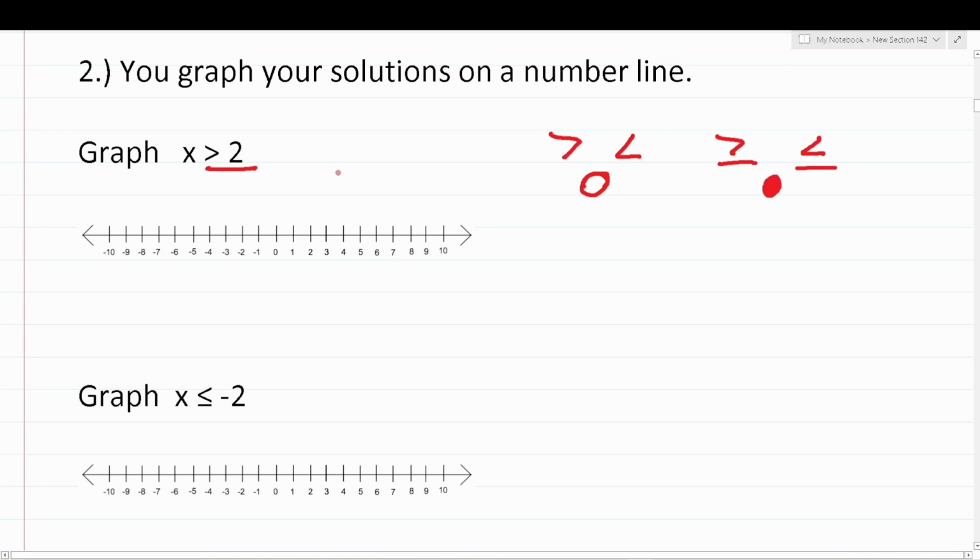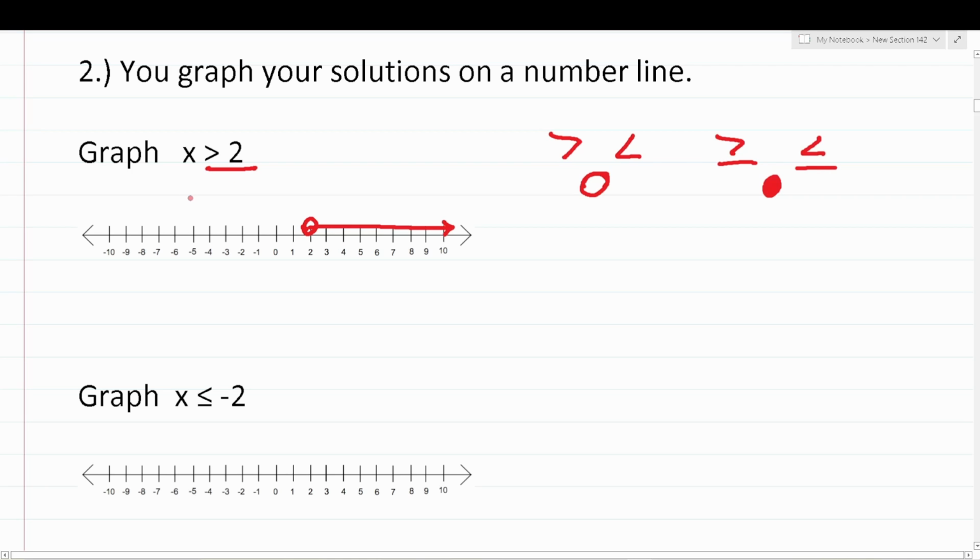We know we're working with an open circle since we have a greater than symbol. So we're going to put an open circle above 2. And again, this says x is all the values that are greater than 2. Well, what are all the values greater than 2? That's 3, 4, 5, 6, 7, 8, 9, and 10. So we'll go ahead and draw an arrow like that to indicate that those are all the values meeting this